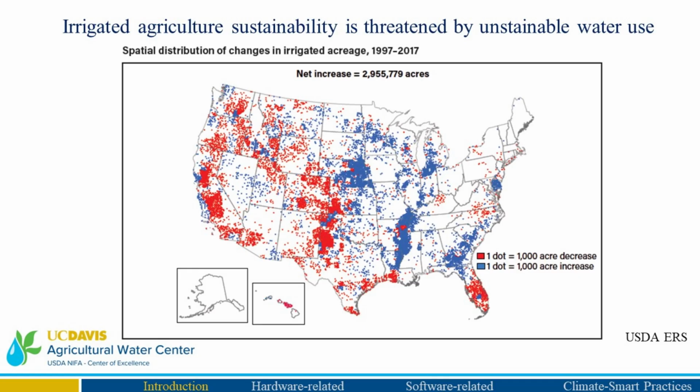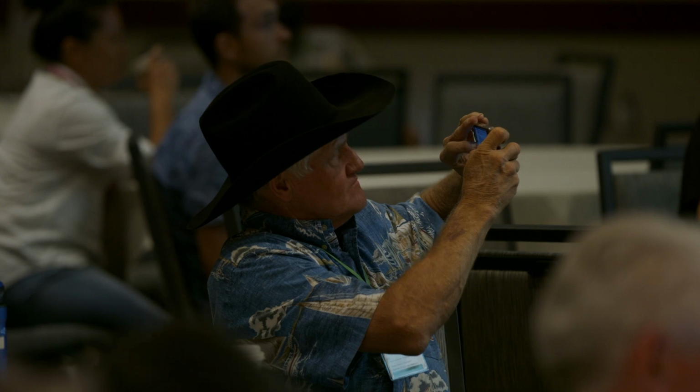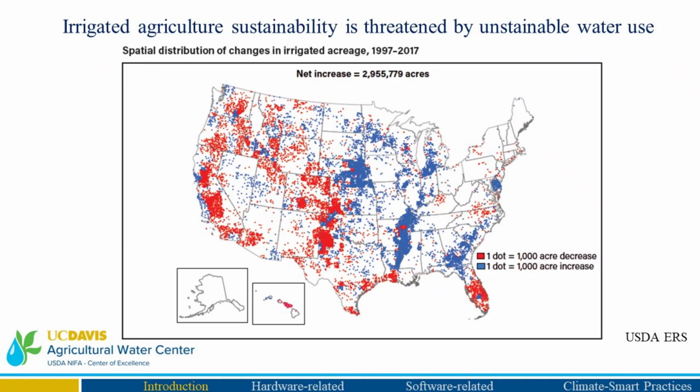And this is a map of the United States. It has two shades, red and blue. A red shade indicates that that region of the US has lost 1,000 acres of irrigated agriculture, and the blue shows regions that have gained irrigated agriculture. You can see in the west, especially in the Central Valley, we've lost a lot of irrigated agriculture, as well as the US High Plains underlined by the Ogallala Aquifer. If you look at the map of Hawaii, Hawaii has lost a lot of irrigated agriculture as well. And this could be for many reasons, maybe land use change and other factors.